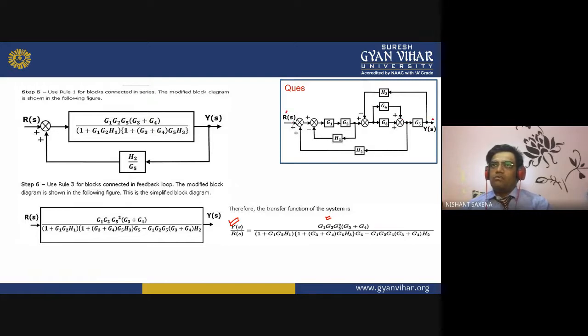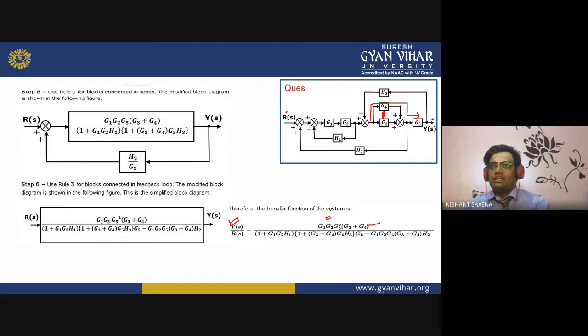When we are moving from the input side, we will be getting the gains of G1, G2, G3 and G5. And the second forward path will be G1, G2, moving from this end, G4 and G5. So you can see that G5 is coming twice. So what we have done is G1, G2, G5 square and G3 plus G4 in this way. Is this clear? We have reduced this parallel into the series one, that is your G3 plus G4, and we have got this.